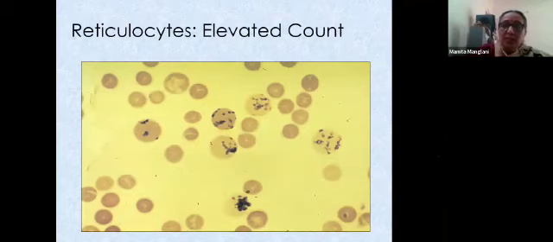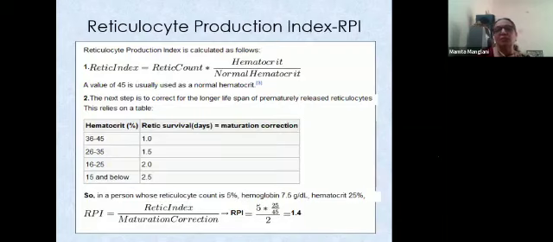Now, even when you get a reticulocyte percentage, you do not directly jump to conclusions, because retics have to come up as a response to anemia. Now, are they really coming up enough? Is the bone marrow producing enough red cells? If they are not coming up as much as we expect with anemia, then you have to worry about whether the bone marrow is really producing RBCs at all, and whether it is a production problem or an aplasia. So how do we make that out? We need to calculate the retic production index.